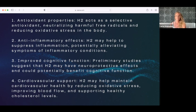Number 4 is a huge cardiovascular support. So H2 is shown to possibly help maintain cardiovascular health by reducing oxidative stress. We all know when we're under stress, nothing in our body is functioning properly. The actual thing that's happening when you're under a high level of oxidative stress, your body actually enters a fight or flight state. When you're in fight or flight, your body is essentially in survival,